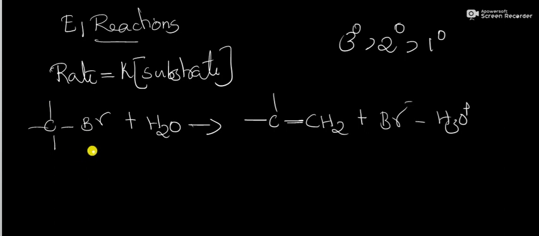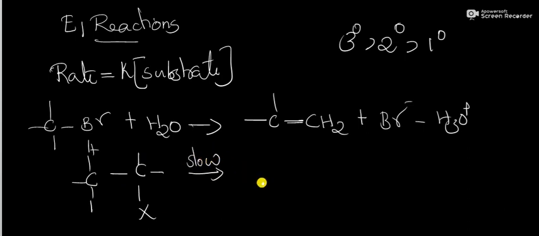We know that it is a two-step reaction mechanism having an intermediate like carbocation. The first step is the rate determining step. Here the substrate simply eliminates halide as X minus. That is the slow step, and it will convert into the intermediate, that is our carbocation plus X minus.